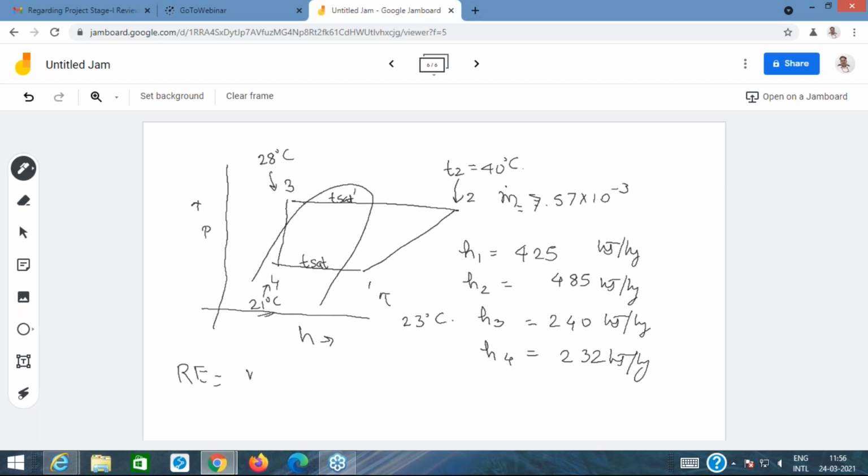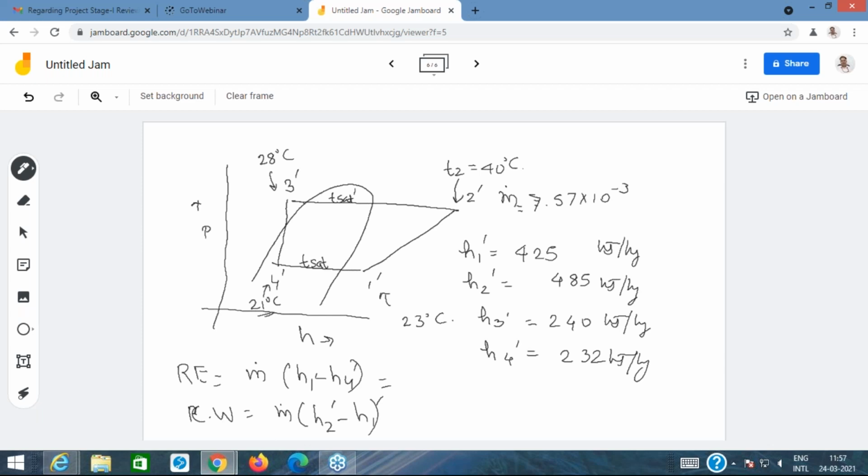Using this, we can again use the same method of calculating the refrigerating effect as mass flow rate into enthalpy difference across the evaporator, which is H1 minus H4, where now you have a different value of H1 and H4. The power consumption of the compressor is m dot into H2 minus H1. Again, we have a different value of H2 and H1. If you want, you can use some other terminology, for example, call these 1 dash, 2 dash, 3 dash, 4 dash, just to differentiate the saturation cycle from the actual cycle.